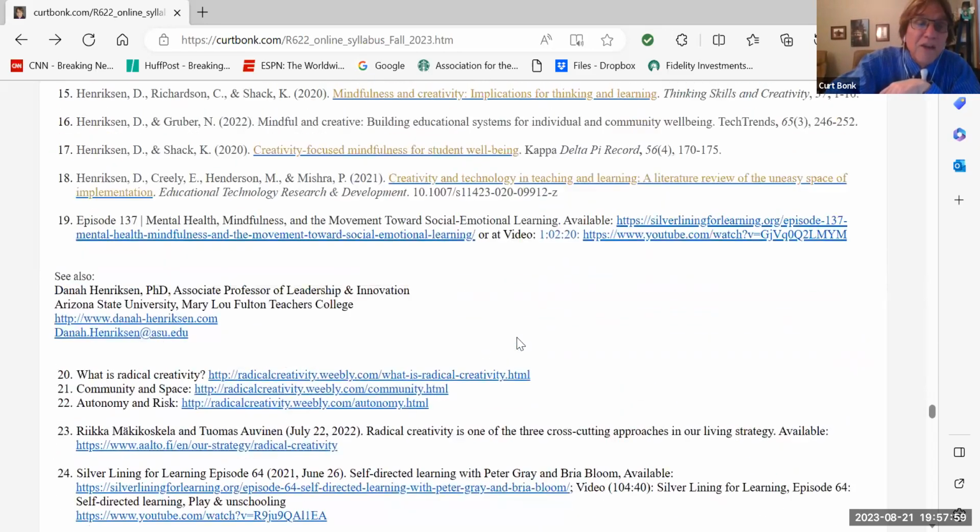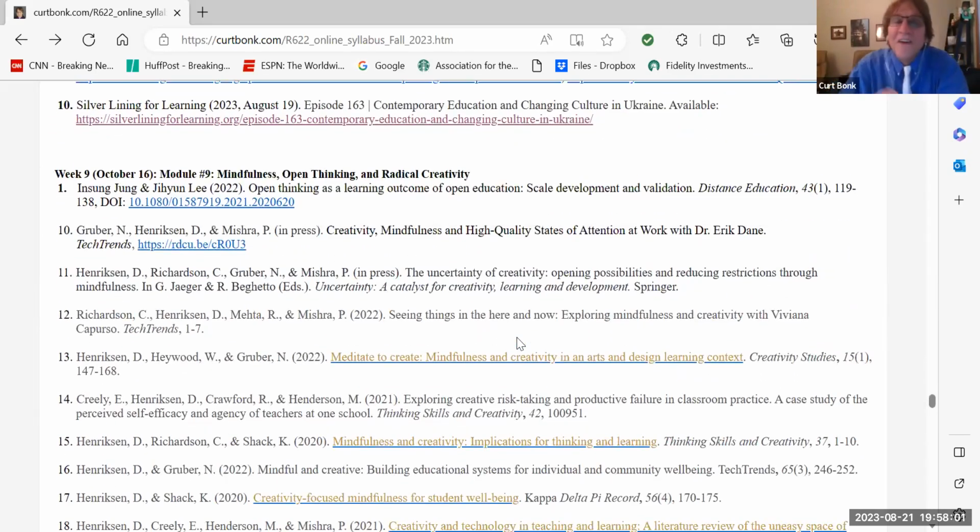A lot of stuff. There's 25 things in that week. Don't read it all. There's all options. So pick 3 things that interest you on mindfulness and open thinking. Now, my colleague In-Sung Jong from Japan originally, she's just in Korea now, retired to Korea. She developed an open thinking questionnaire, a scale for open thinking, which I think is really important in today's world